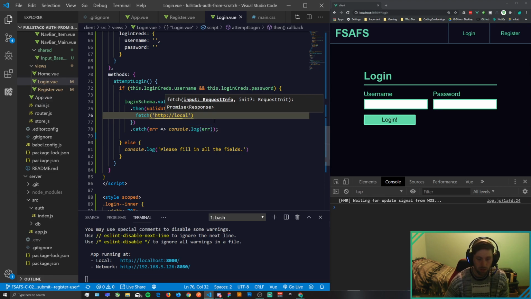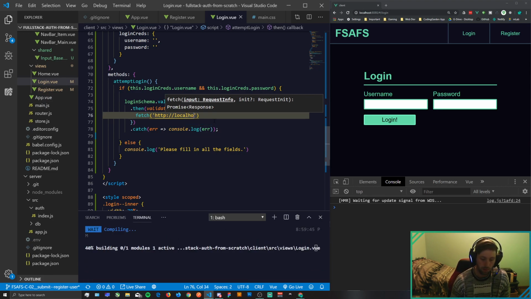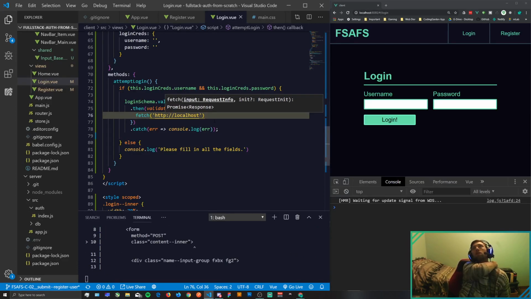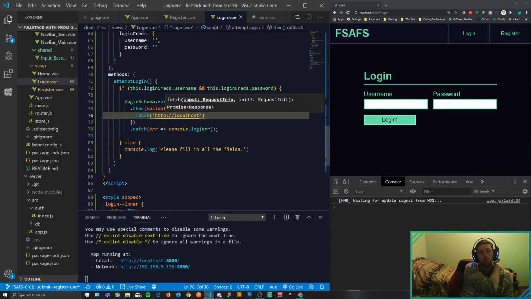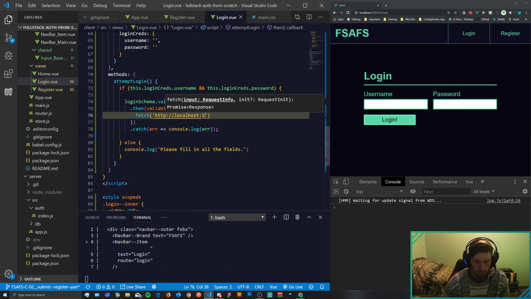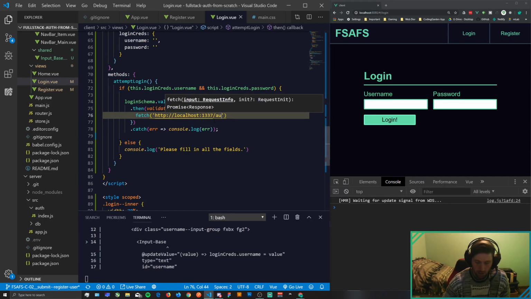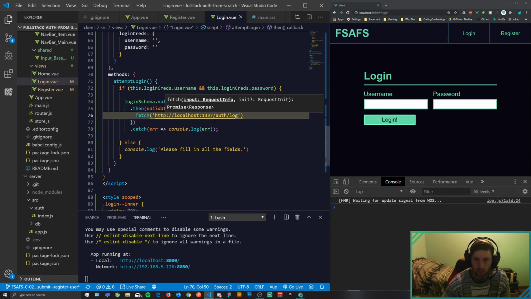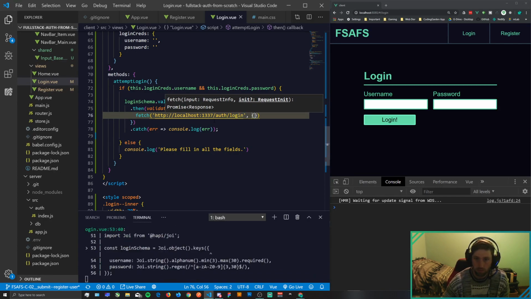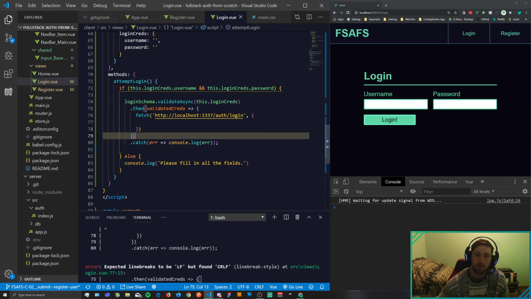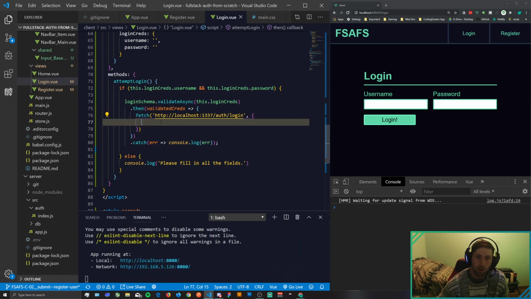All right, so it's running at localhost right now, and then when we get this deployed, we'll switch out localhost for the actual domain URL that it's living at, and that is running at port 1337/auth/login, which is the route we want to hit with this. Okay, cool. So after we have the URL here, we'll pass in our options object, and we